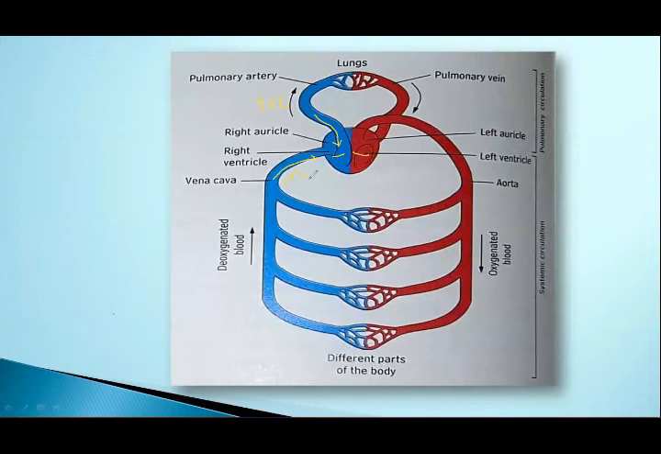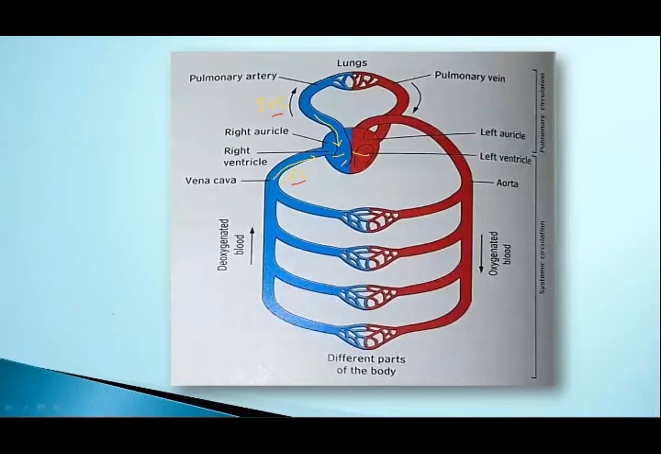So these are the two vena cavas. This is your inferior vena cava, this is your superior vena cava. Clear? Now after the blood reaches here, what happens is this ventricle will contract, and once this ventricle contracts,